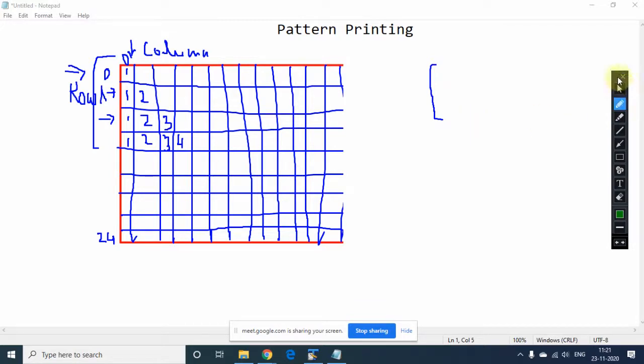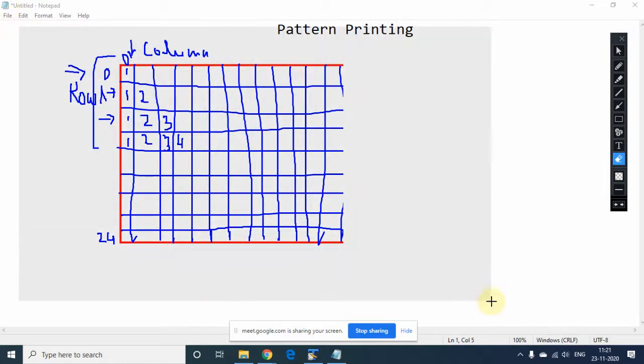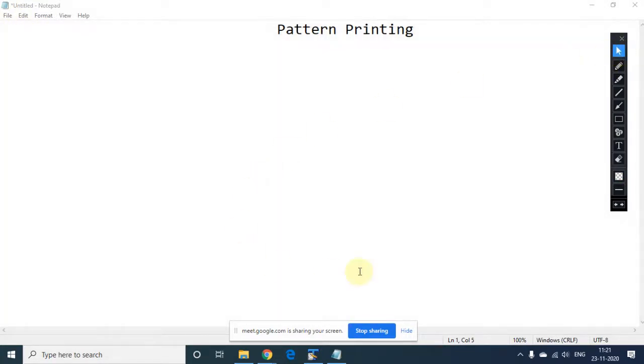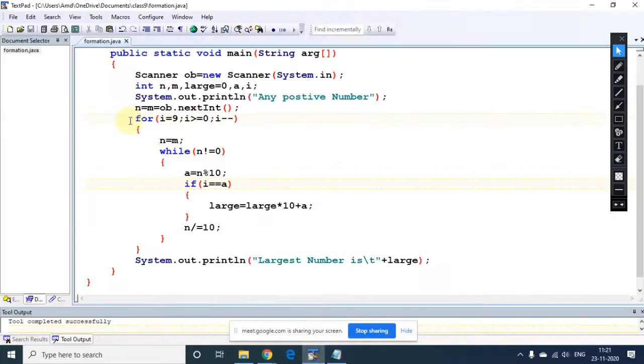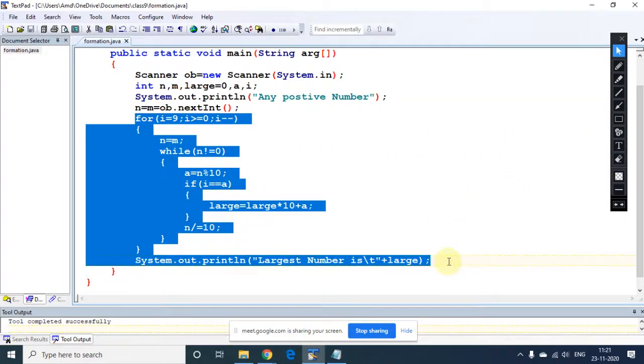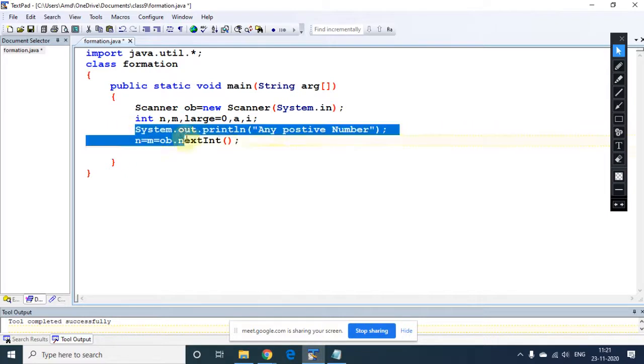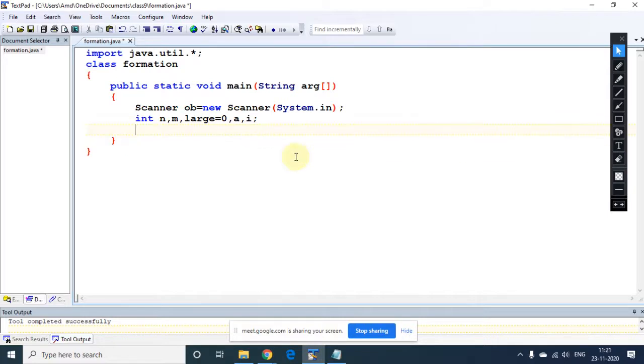The sample program. Some loops and variables I am using here, like i and j.